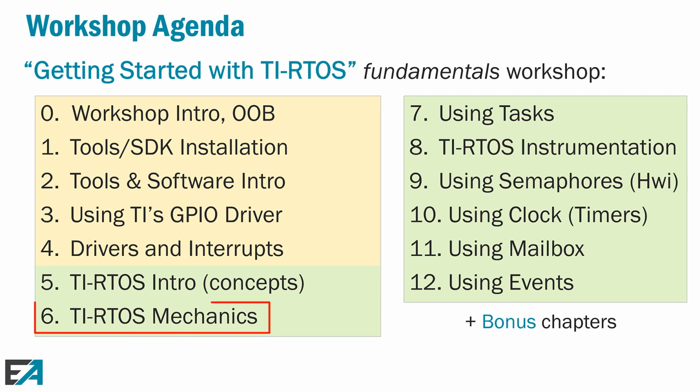Chapter 6, then we go, okay, now that you know some of the conceptual pieces, how do we actually create those objects in a real application and start using them? So how do you configure the BIOS services? How do you use something called idle, which is a very low priority thread, and we're going to, again, blink an LED inside an idle function running at that low priority level. So we're going to kind of walk before we run, but that's really the mechanics of how do we configure a BIOS system and do something very simple.